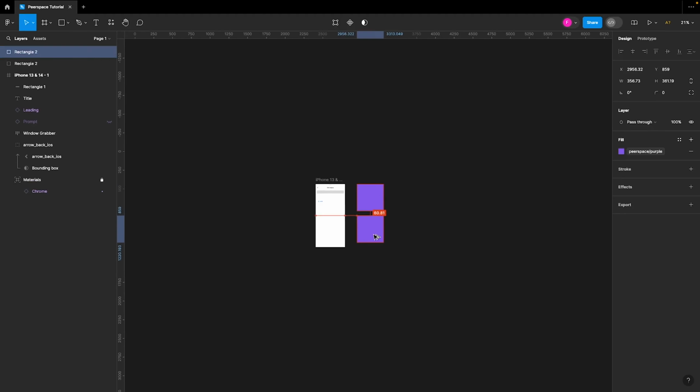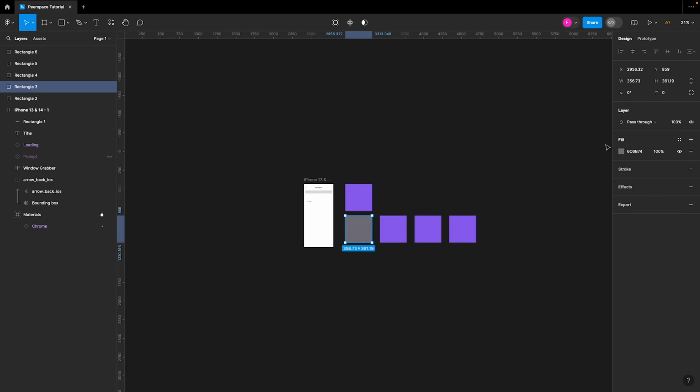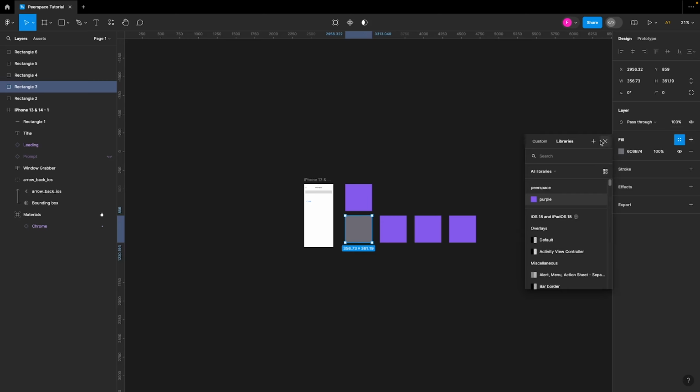grays. So we're going to have four grays. The first one here, I'll select this, click on the minus, and then enter fill. So the color here is 6C6B74, and then I click on the four dotted icon here, and then I click on new style, then I